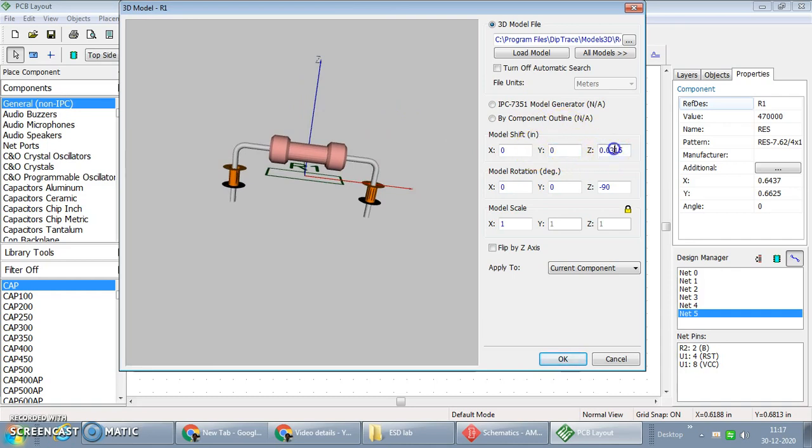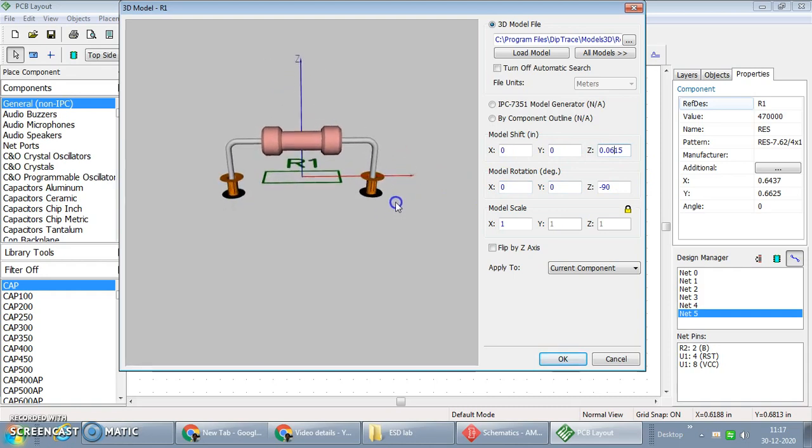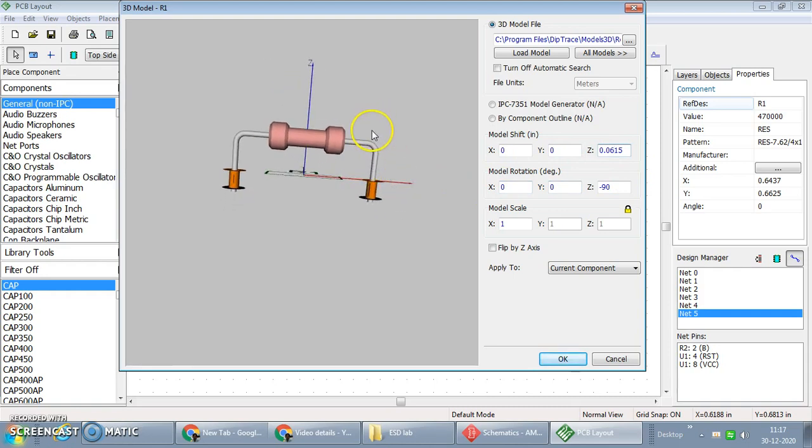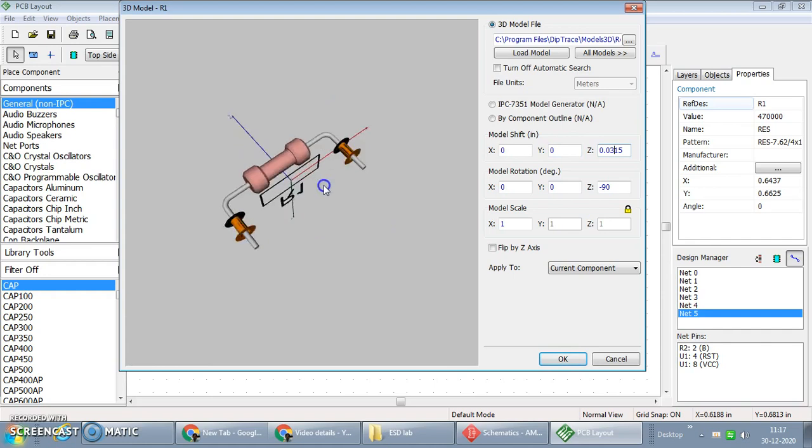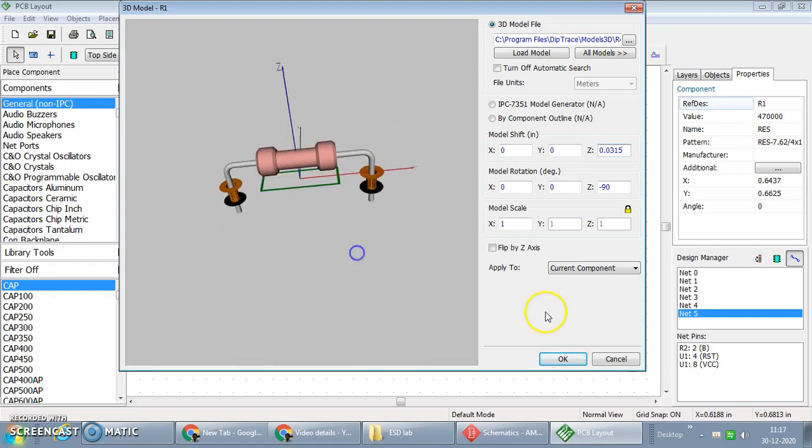Z direction, now I will show it with the Z. 0.0315, this is the height. If I make it 6, see, this is how it indicates. So the height of the resistor above the board has been increased. It is based upon our design. Let us make it similar to what it was earlier. Similarly, what would happen if I change the Y? Y will change the position vertically. This is how it will be located horizontally by changing the value. Similarly, you can decide for each and every component.